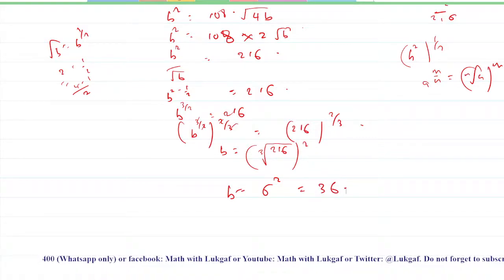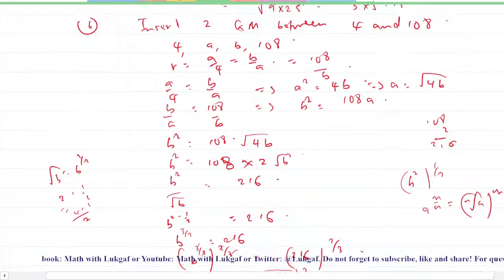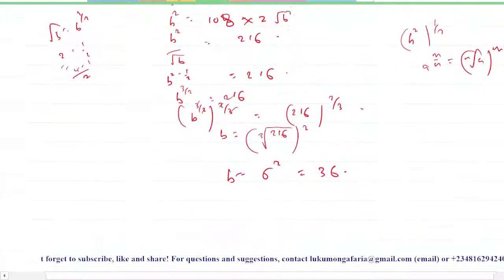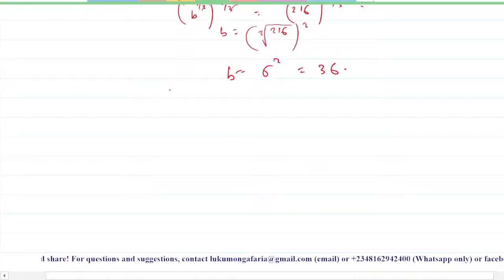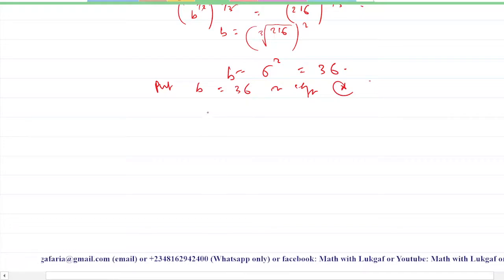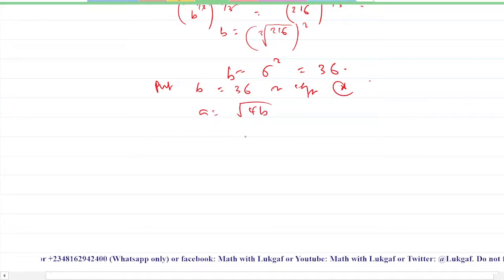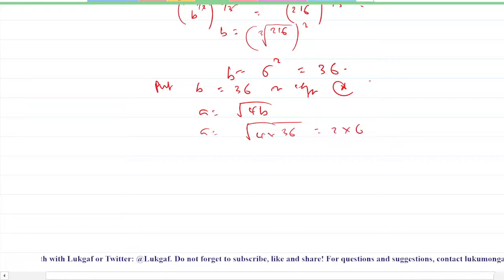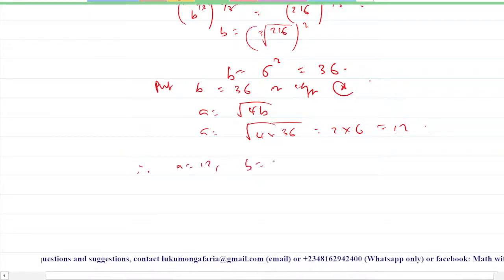So now that you know the value of B to be 36, you can come back here. We know the relationship between A and B here is A equals square root of 4B. You can now put B equal to 36 in equation star. Then A will be the square root of 4 times 36, which is 2 times 6, since square root of 4 is 2 and square root of 36 is 6. So that is 12. So your A is equal to 12